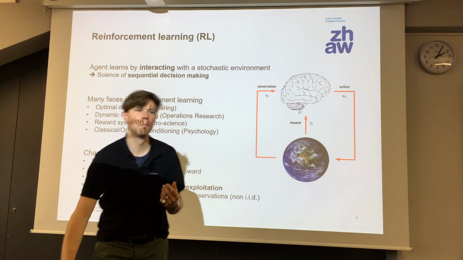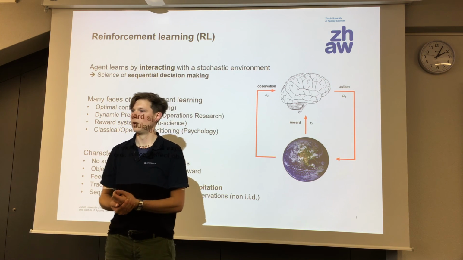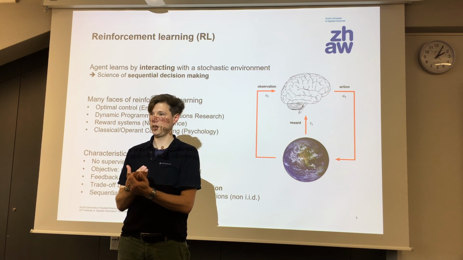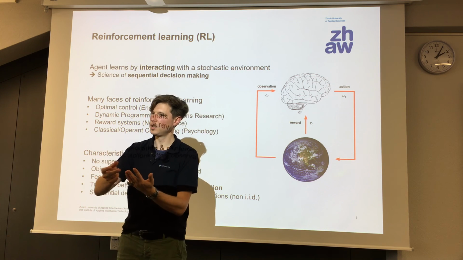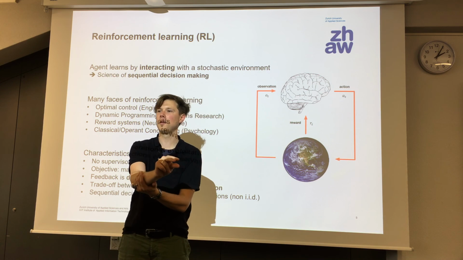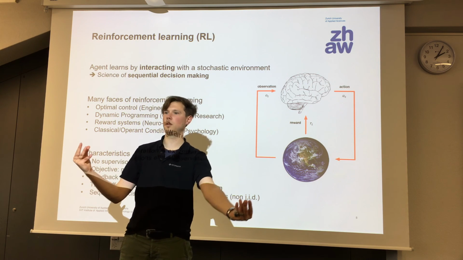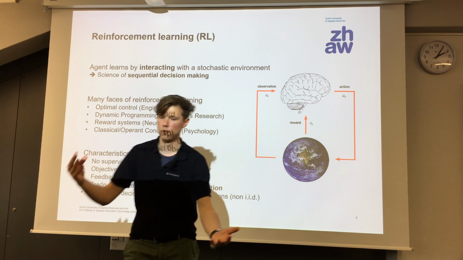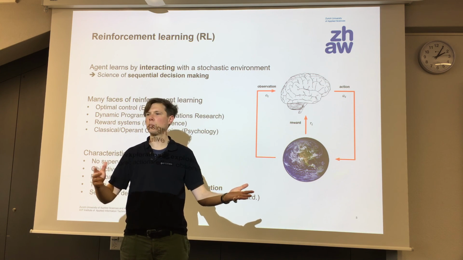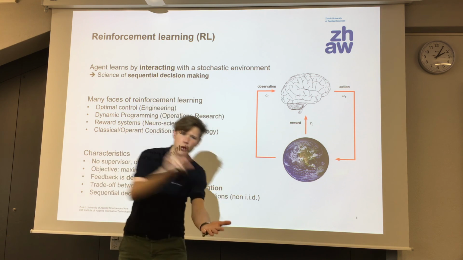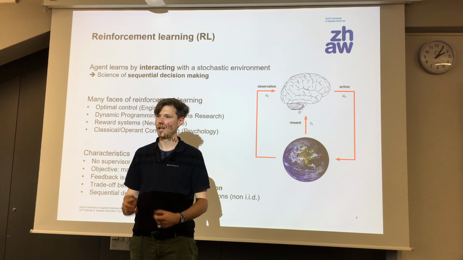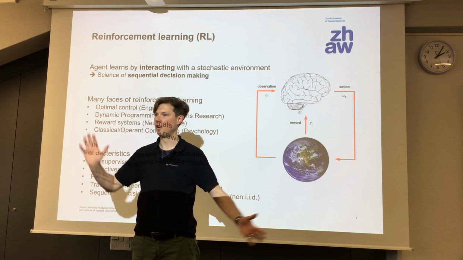If you want to come back to a principle we learned about in the very first lecture, bless you. We learned there about the principle of the inductive bias. Every learning algorithm has something built in that makes it look for specific patterns in the data. And if what is built in the algorithm actually fits the patterns you're looking for, then this will usually work out very well. And we have talked about learning algorithms with high inductive bias that are looking for very specific things, linear regression, for example. If your problem is really a linear problem, it will work like a charm. If your problem is all but linear, it will not work at all.